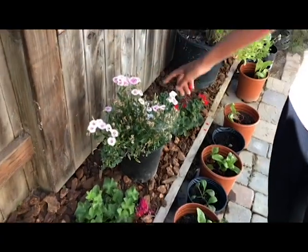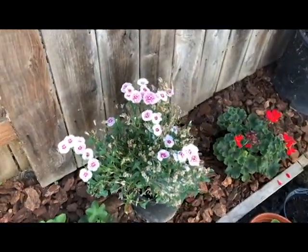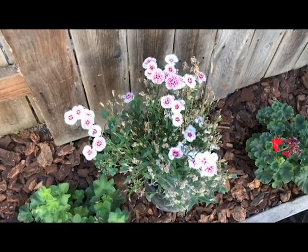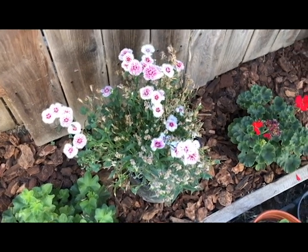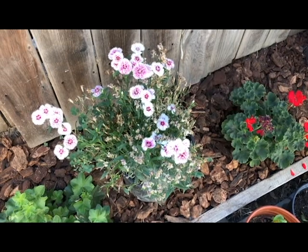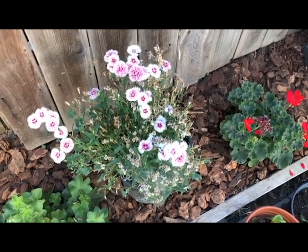I don't remember what these are called. What is this again? Dianthus, I think. Dianthus. So we've had this plant for, I think, a year now, maybe a year and a half. It was a $1 start at a farmer's market. Yeah, and it's gone crazy. We need to do a lot more trimming on it and stuff, but it's just been blooming like crazy